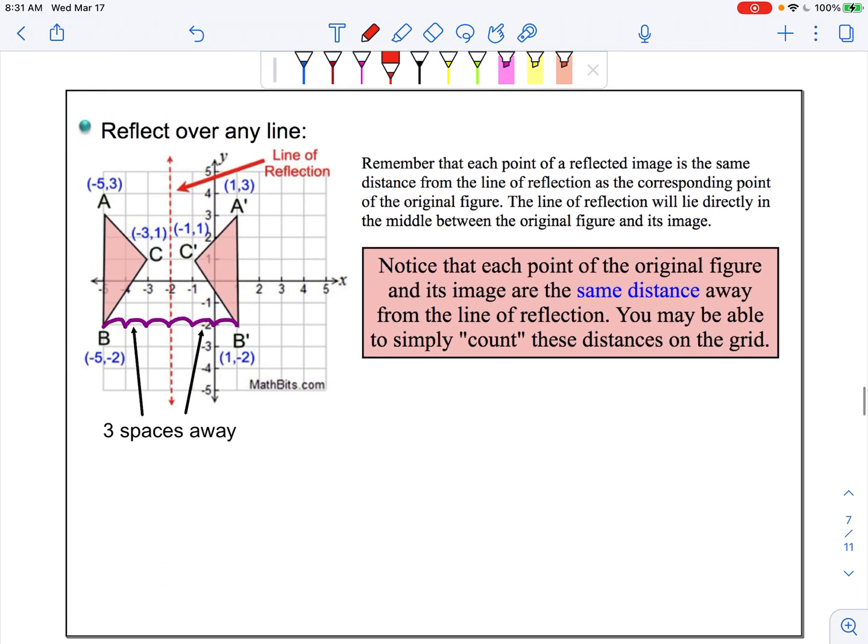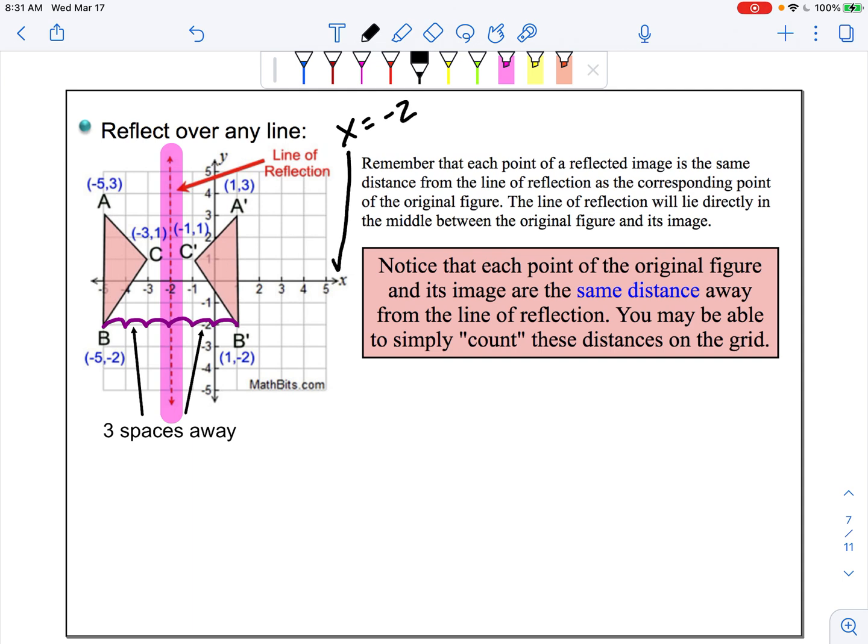Again, a lot of things, you can come back and read this at some point, but the line of reflection is not always necessarily your x or y axis. It could be just a random line drawn on your coordinate plane. So this one, the line of reflection is right here. And so the line of reflection in this case would be written as x equals negative 2 because it is